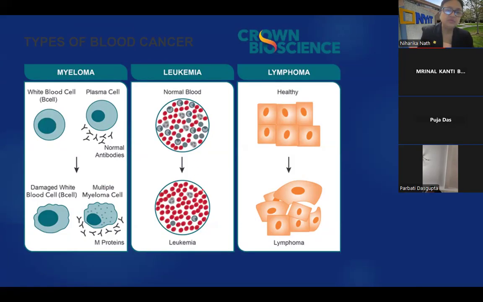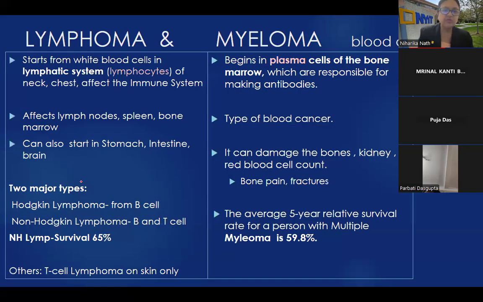In leukemia, you have these abnormal cells that just don't do the right function in the blood, and we'll look at lymphoma in a bit. And you have these myeloma cells that are white blood cells, and they just don't function well. They're special cells circulating in the blood, but they just don't function. I'm going to go back to that diagram in a second.